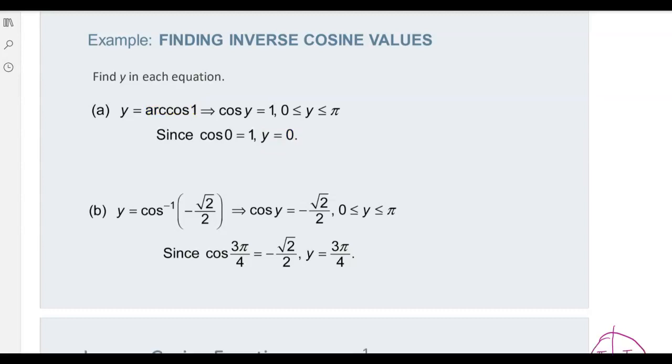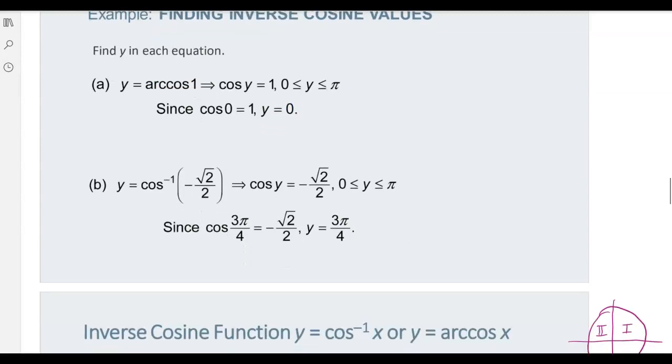It's asking us what angle has a cosine of negative pi over 2. And again, we're only considering the first and the second quadrant. We know that there are multiple angles, but we're only going to select the one that's over here, not the one down here in the third quadrant, just the one in the second quadrant. And so that ends up being 3 pi over 4. You can plug this into the calculator and it'll give you back these answers, but I'm just wanting to show